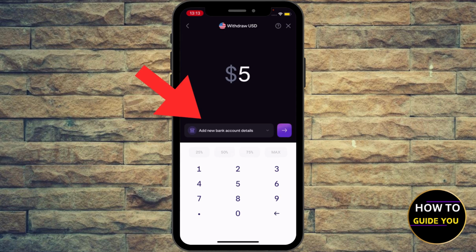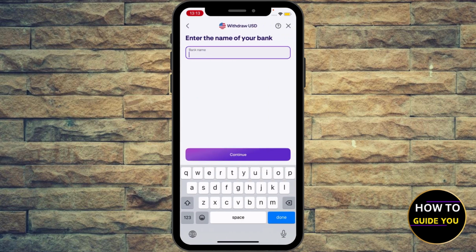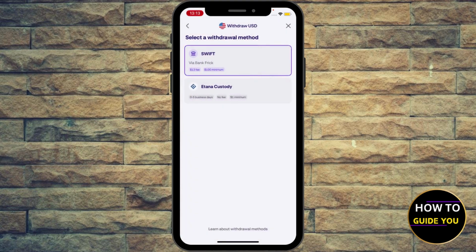Let's say $5, right? And then under the $5, you're gonna see add new bank or bank account details. Go ahead and click, and you're gonna see two options: Swift via Bank Frick or Etana custody if you want to do that, right? So select the withdrawal method and enter the bank name and the Swift and the IBAN and everything. And afterwards, you're gonna be able to see the fees right here for the Swift or for your